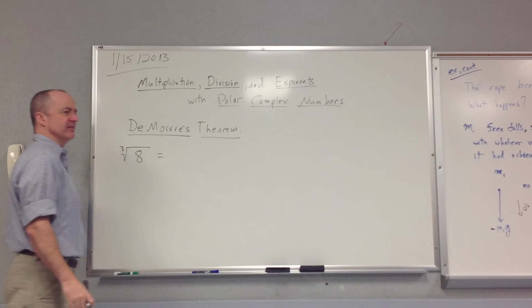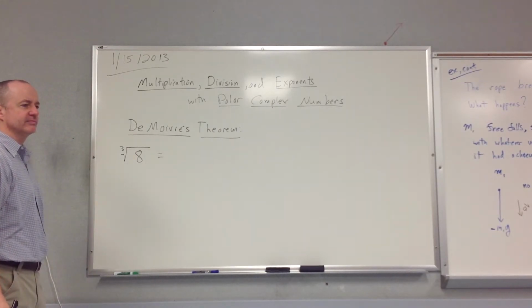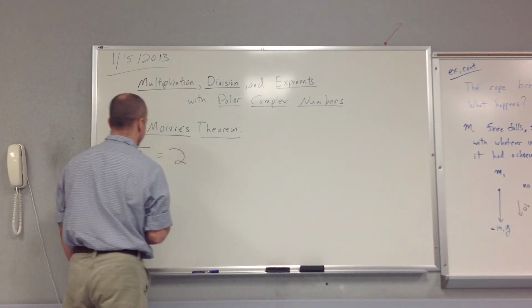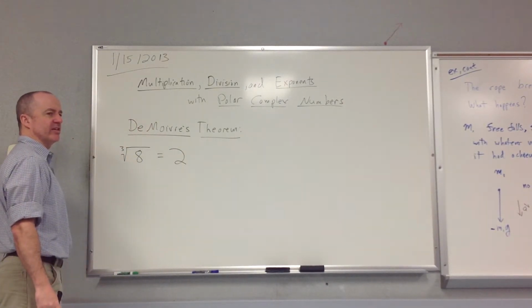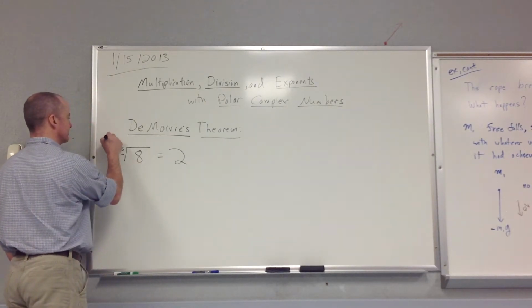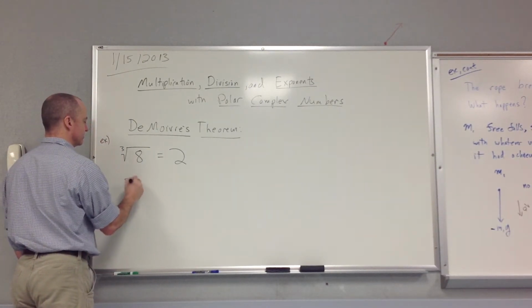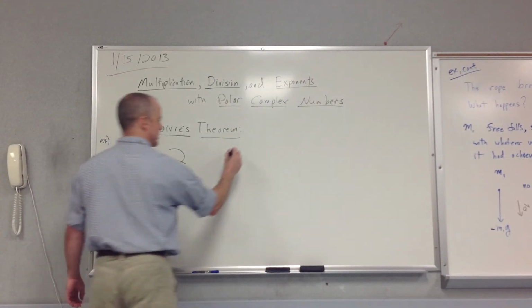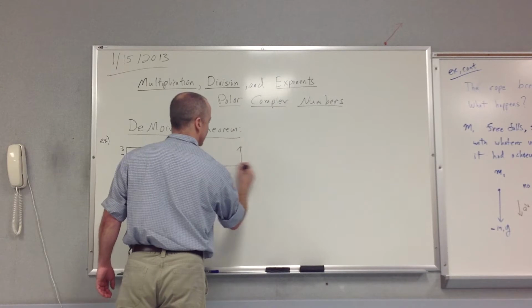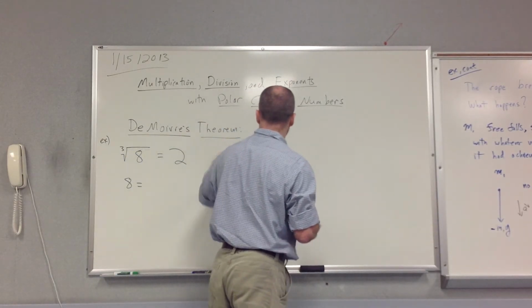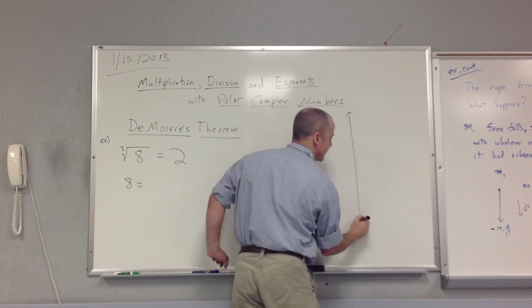What's the cube root of 8? 2. What is 8 on the polar complex plane? How would I write that? How do I write 8 as a polar complex number? Robbie's demonstrating where I graph it. I'm going to draw this bigger, this gets important. To graph this,